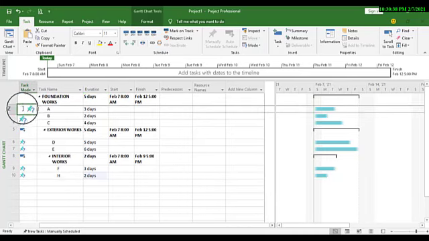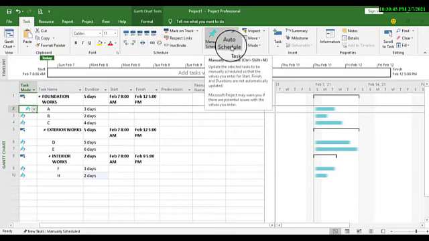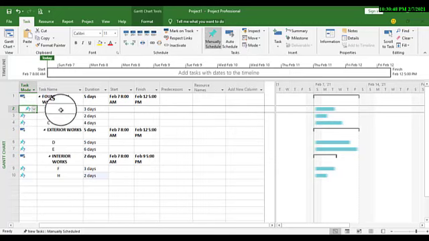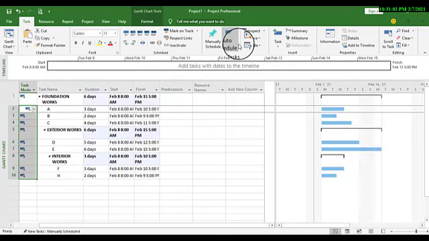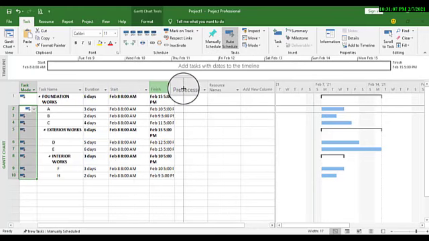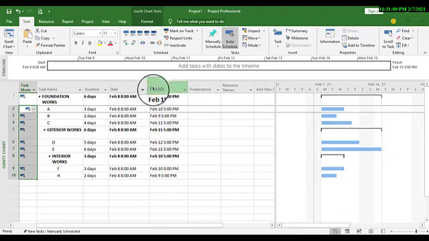They are all in a manual schedule mode. So we are going to change them from manual schedule mode to an auto schedule mode. So we click on it, and then we drag our cursor down to highlight all these, and then you click on auto schedule. The moment we click on the auto schedule, here we can say that